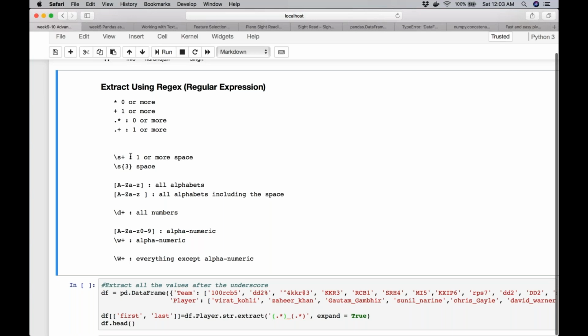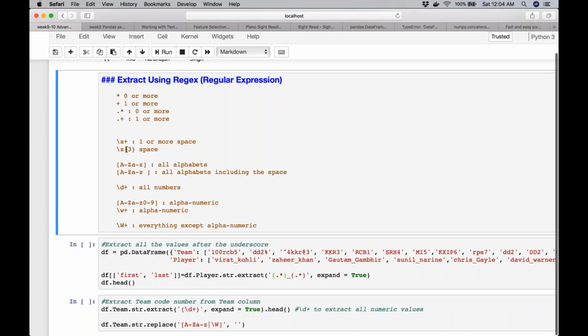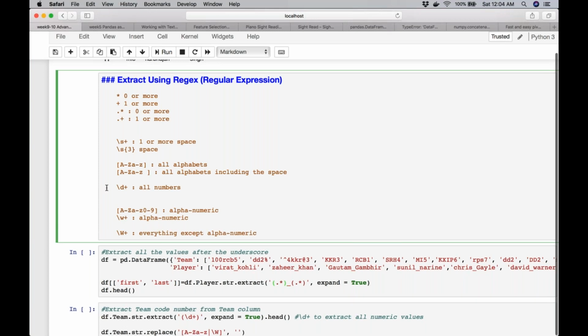Backslash s represents the space. So if you want to either extract or replace a space, you use the backslash s. You can also specify the number. If you want to specifically extract three spaces, you can say backslash s, and in the curly bracket, you specify the number. Similarly, just the way there is a space, backslash d represents the numbers.